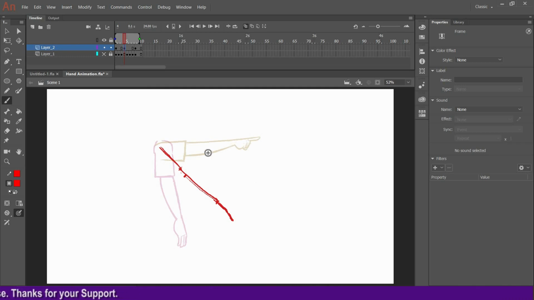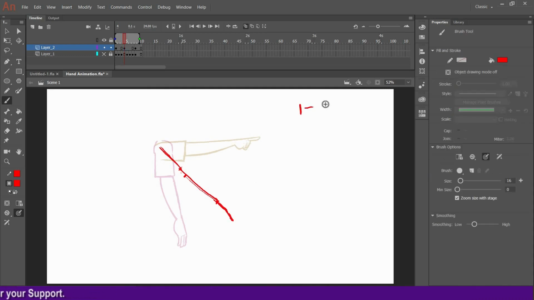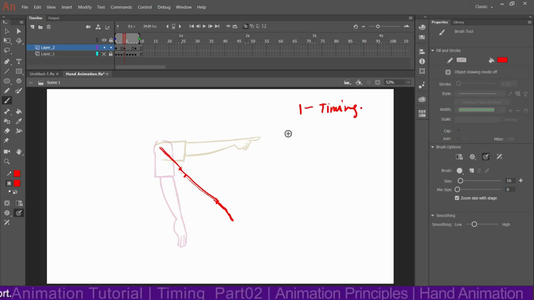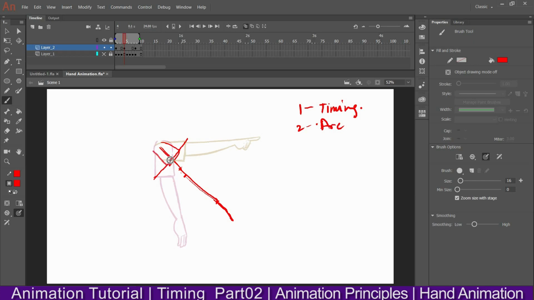Okay, so first thing here is timing. I have told you that is slow in, slow out, or maybe equal timing. Second here is the arc. What is arc? If you see the point here and here, it will not go like this. That means the shirt line will not come like this. Rather, it will go in an arc. Arc means from here it should go to this, like this. It should follow the arc.